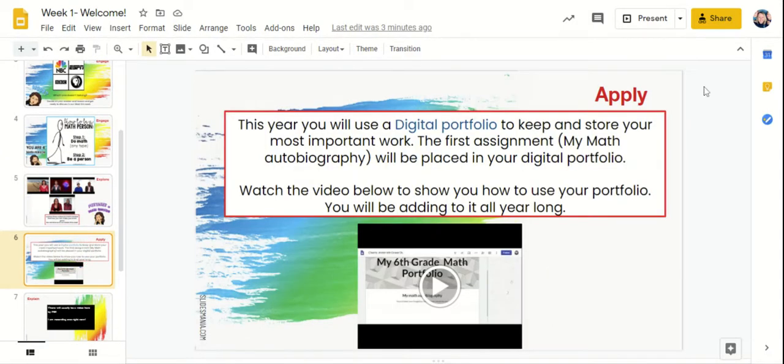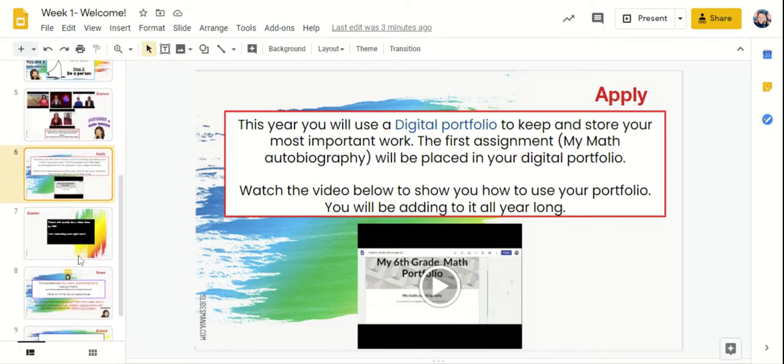And the next thing, again, this will be different. Typically, there's an apply slide, and typically you'll actually apply some math here. So this week's a bit different. I'm showing you how you're going to apply, and you should have already seen the video on the digital portfolio. So there won't always be a video here. I would say it's actually rare that there would be a video. This week is just a little bit different. So apply would be you actually applying some and doing some math. And there's usually at least three apply slides, I would say, each week. Again, this week's a bit different.